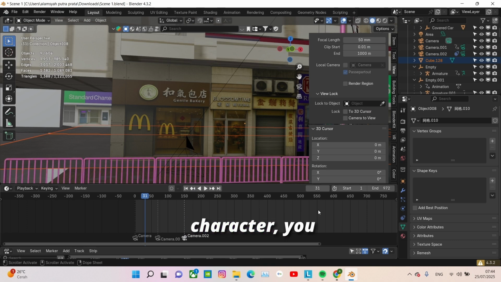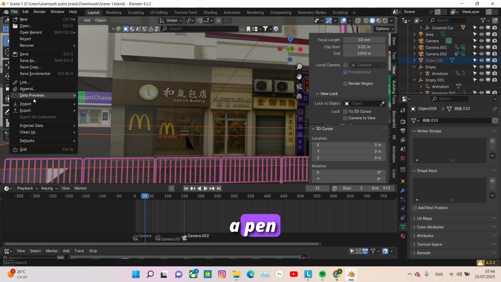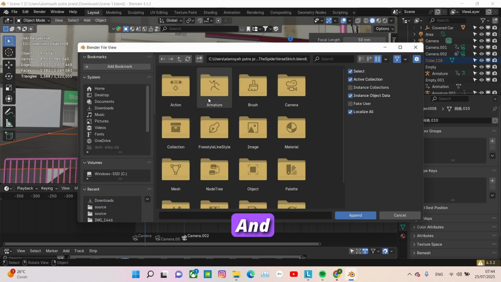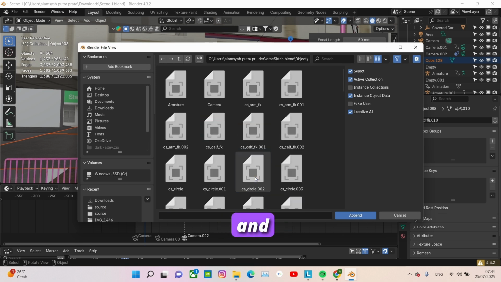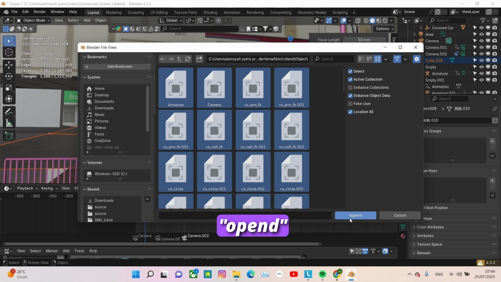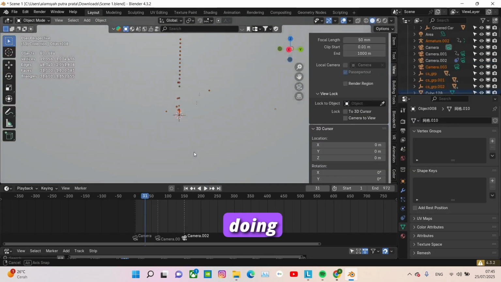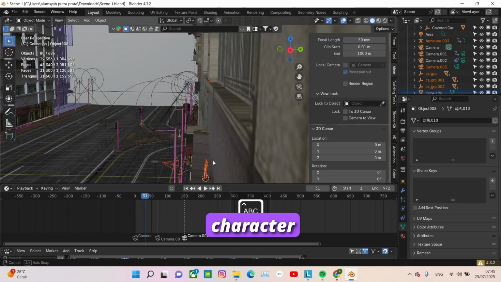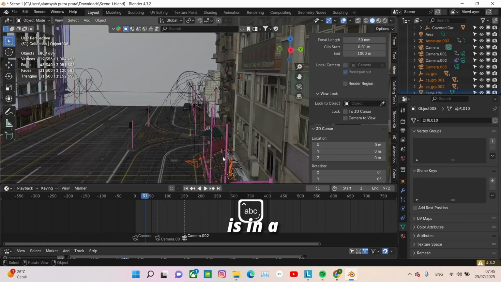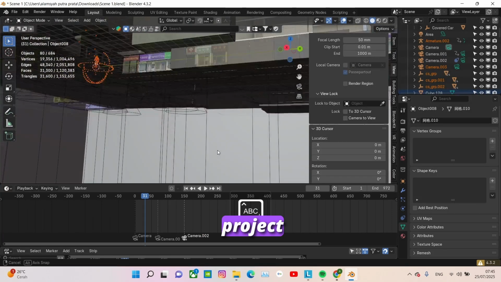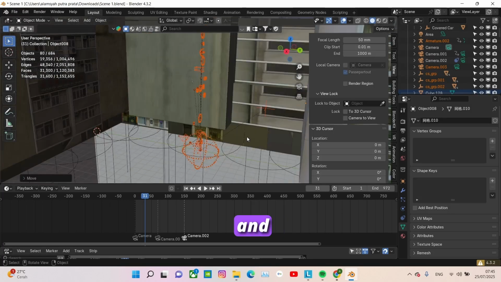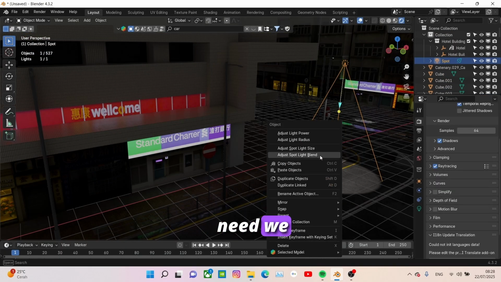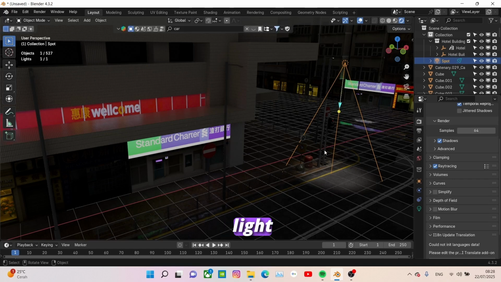And for importing the characters, you need to grab the file and just choose append. And here are our three characters. It's Miles Morales first, and yeah, we just need to choose object and select everything. We just click A and click append. And the reason why we're doing that instead of just clicking import is because we made our characters Spider-Man and Chief in a different file in a different project, to make our file not too heavy and remove everything except the Spider-Man. After we import everything that we need, we now just need to add a couple of lights,